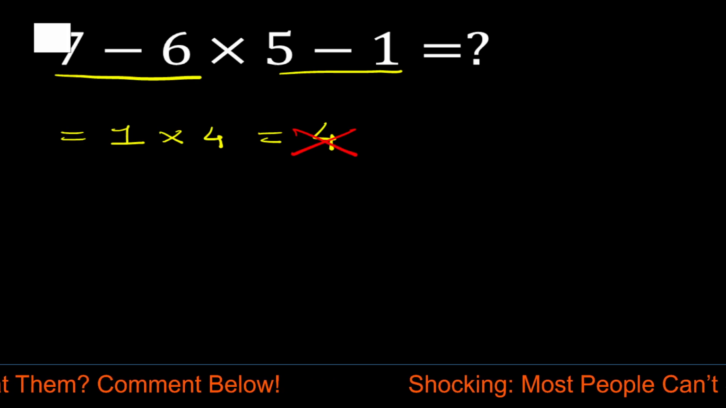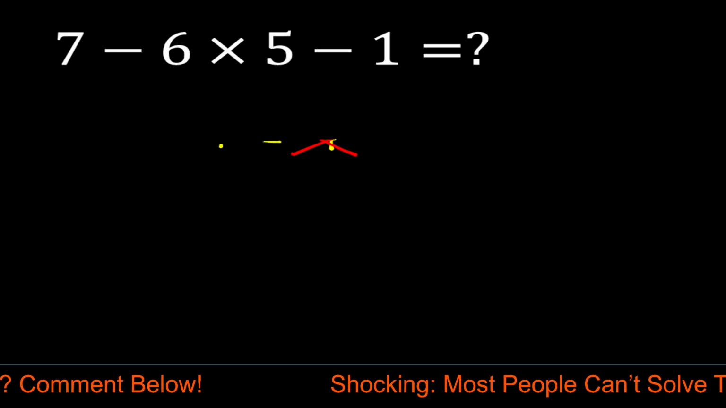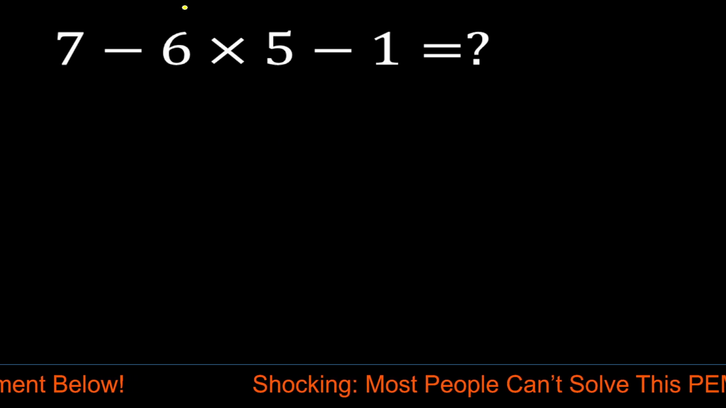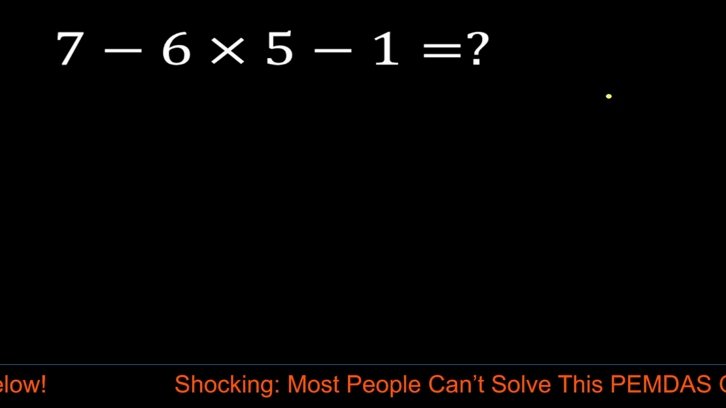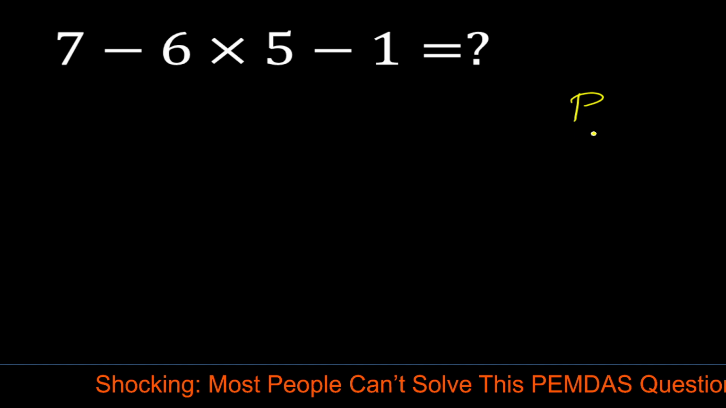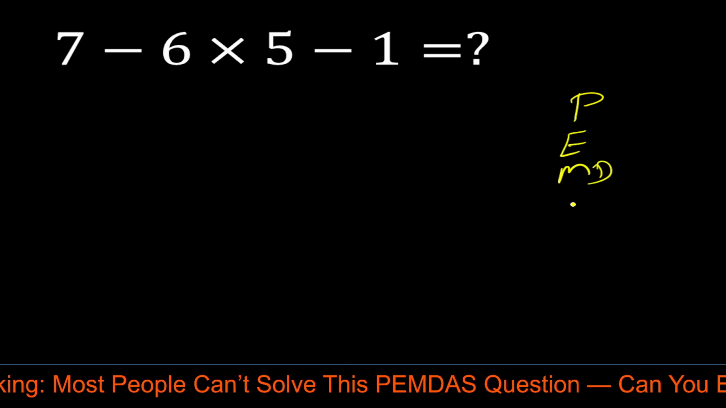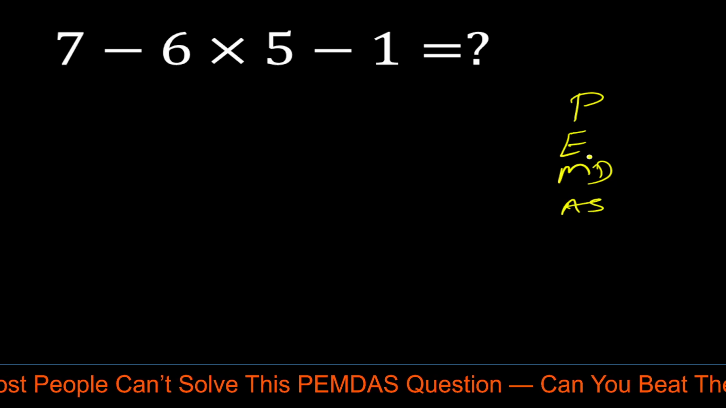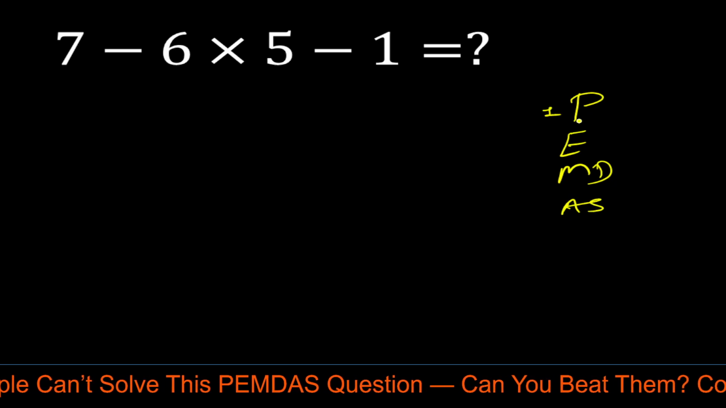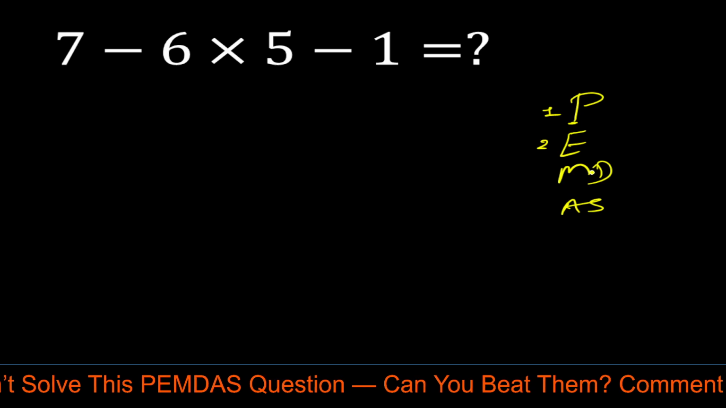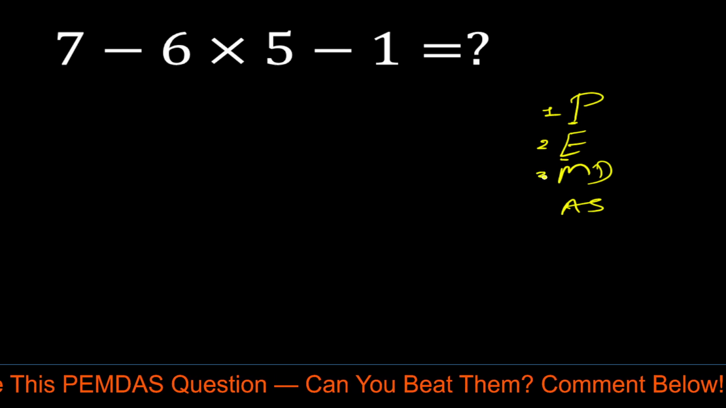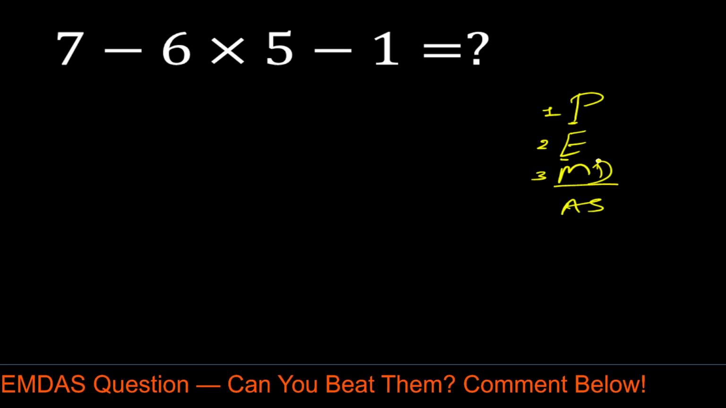This answer is completely wrong. So now let's solve this problem correctly by using a PEMDAS rule, right? So PEMDAS, P-E-M-D-A-S. According to PEMDAS rule, first priority is parentheses, then second priority is exponents, then third priority is multiplication and